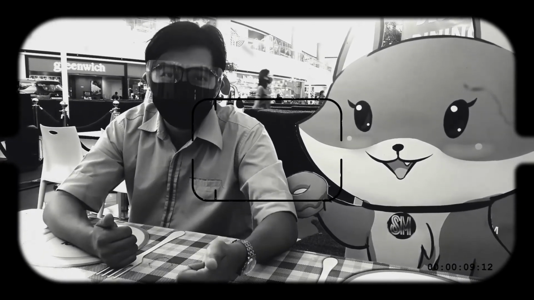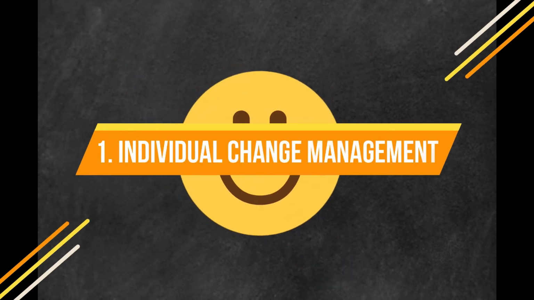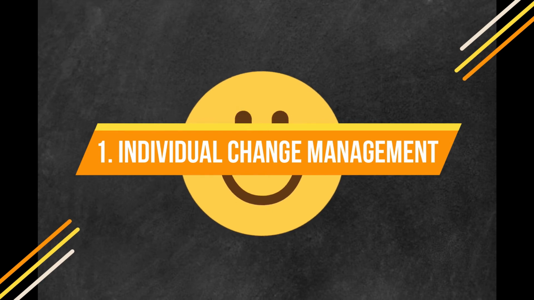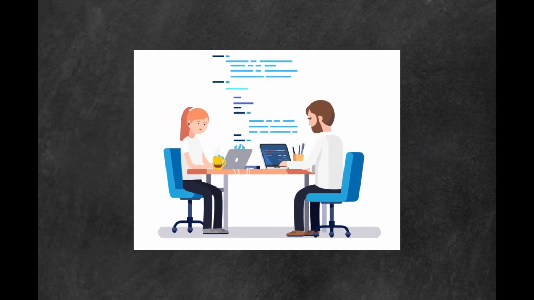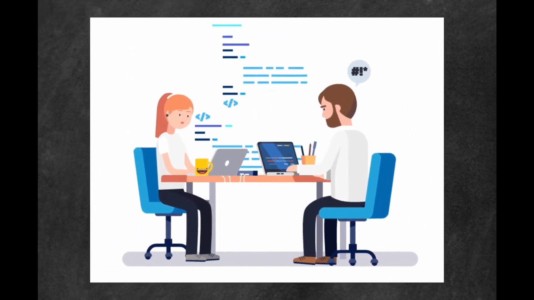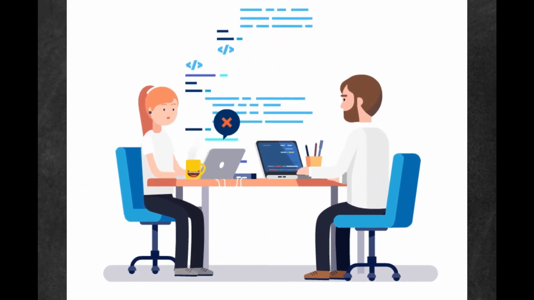Now that we are done comparing the two factors, let's discuss the three levels of change management. Individual change management requires understanding how people experience change and what they need to change successfully. It also requires knowing what will help people make a successful transition,